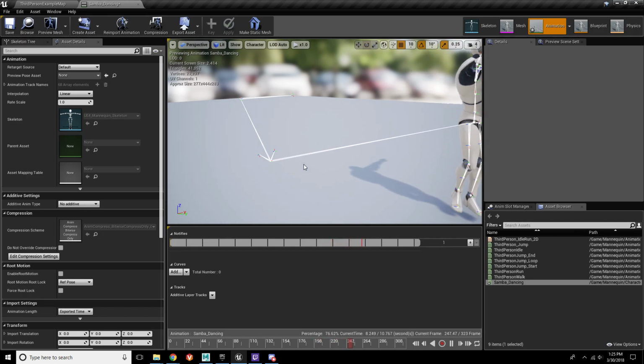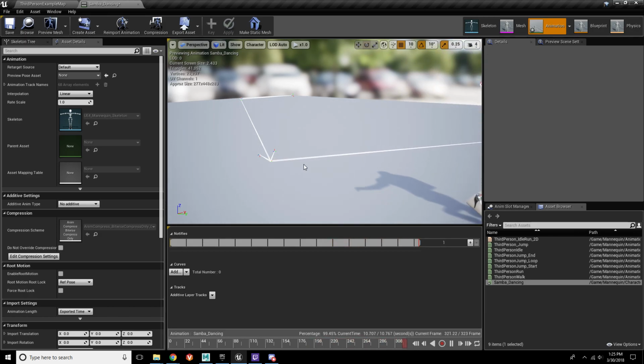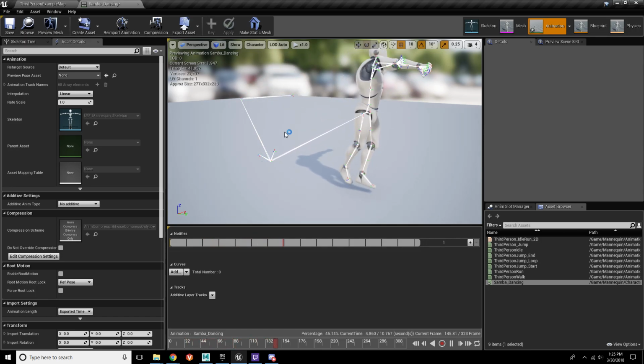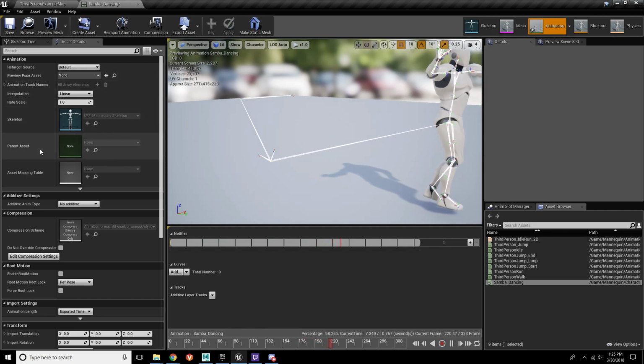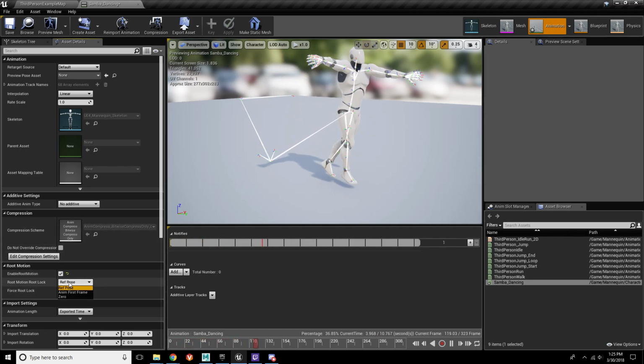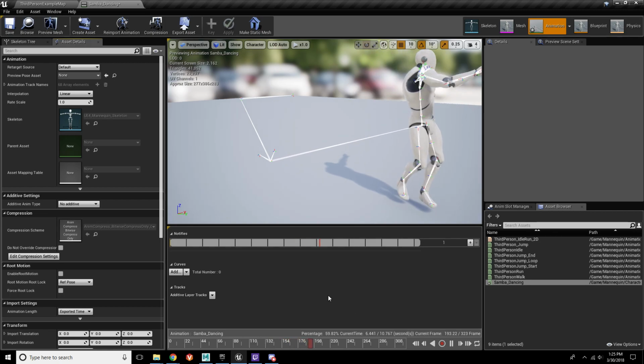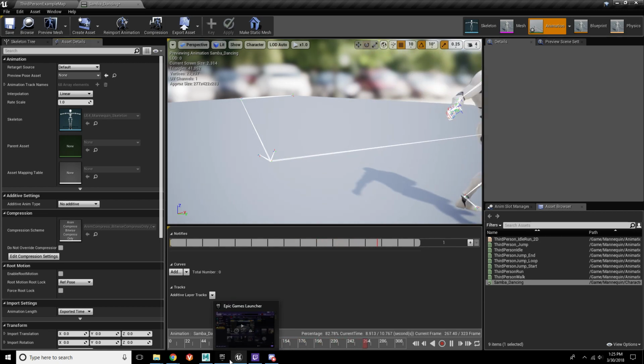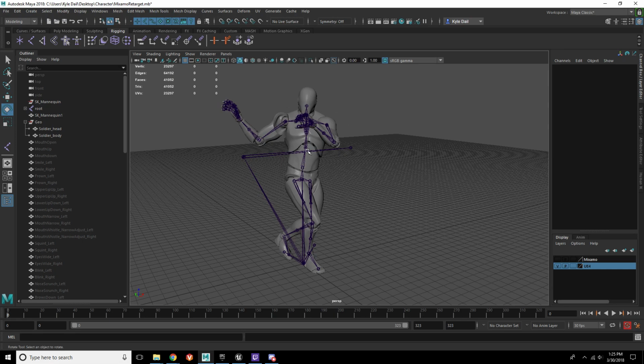So if we were to do a root motion animation, this guy would float and then he would pop back. But unless you wanted to keep him stationary completely all the time and never move, you would need to enable the root motion. But he's not going to stay. So a way I have found to kind of alleviate this is I would open up a new scene with him and then deal with the root as he kind of goes. There's a few ways to do it. I know with the animation rigging toolkit that'll solve a lot of those problems. So